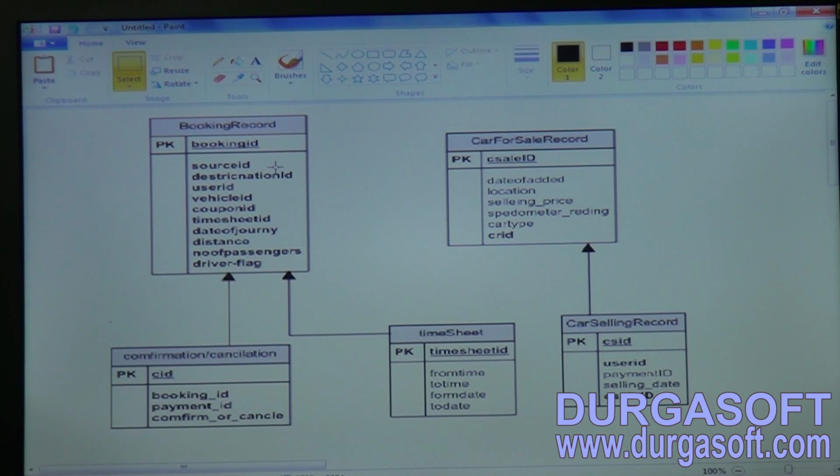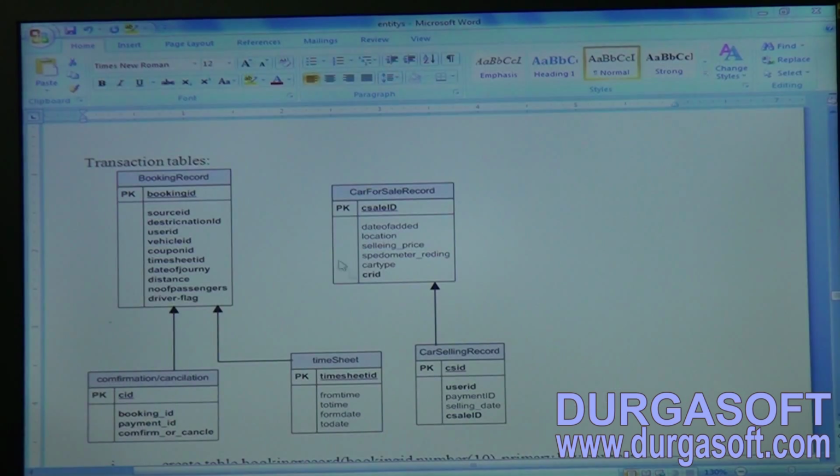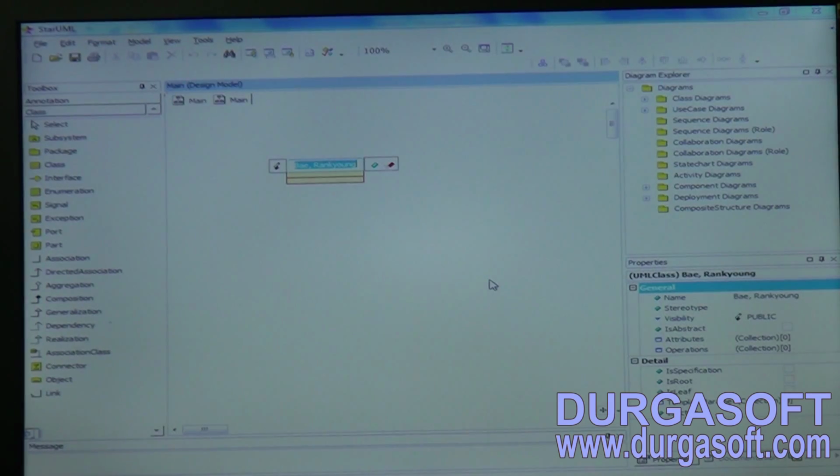Under booking record we can hold, as well as under source and destination also we can hold. From source and destination it will become one to many. From here it will become many to one. Getting? So here you need to take a class, use the booking record class,